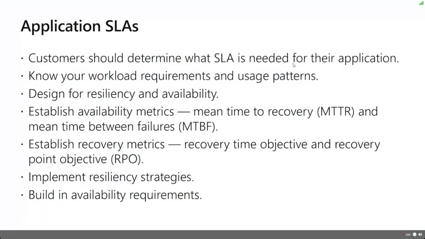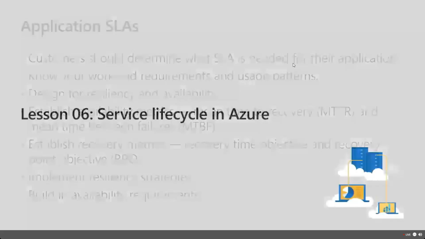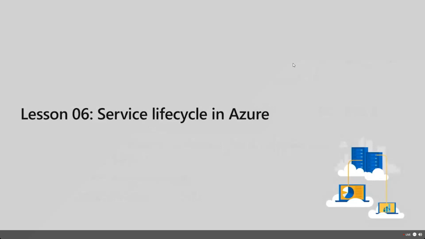So when you start looking at your applications, you have to look at a lot of factors. For example, we had the app services and the SQL database. Well, is there a way we can choose another service that has a higher SLA than app services to do the same thing? These are questions you ask when you start architecting solutions inside of Azure, and then you build to those availability requirements. And when you look at things like virtual machines, by simply putting things in an availability zone, you get a 4 nines guaranteed SLA for those virtual machines that are in that availability zone. So we have all kinds of ways to do that.